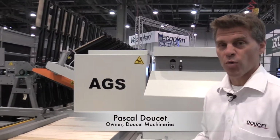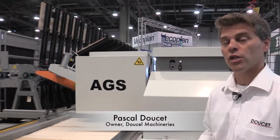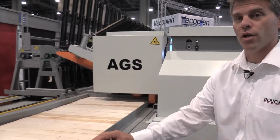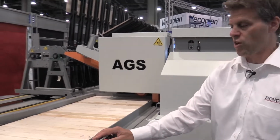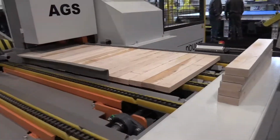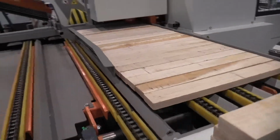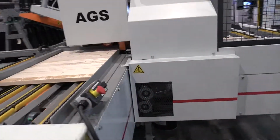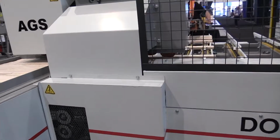This is an automatic glue spreader that controls the glue quantity that we apply to the system. So I'm going to start the machine as we go, and then we're going to see what's coming out on the other side. The problem with customers today in the clamp carrier cell is that they normally apply too much glue. That turned out to be a very dirty clamp carrier with a lot of over glue spreading, creating cleaning time